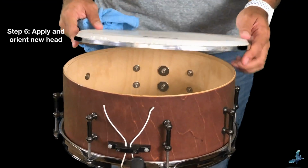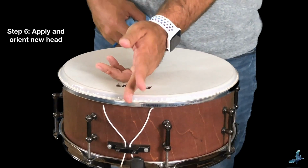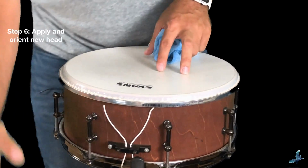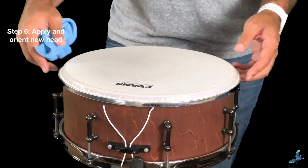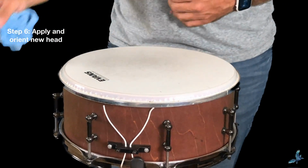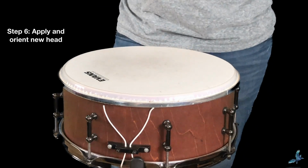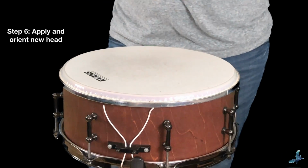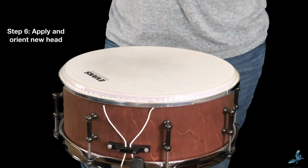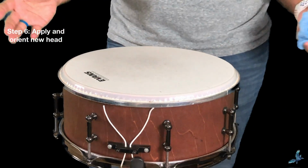If it's a snare drum, I might put it directly in line with the snare strainer so that it's sitting over the snares. With a marching snare drum, often it will end up sort of looking like this because of the orientation of the snares. You might put it over the guts of the snare drum. If it's a drum set tom, hopefully you've got a pretty consistent setup with how you have your toms oriented. It's really nice to have that extra level of